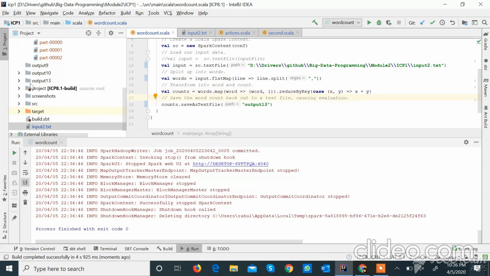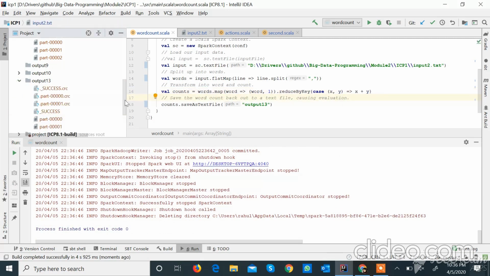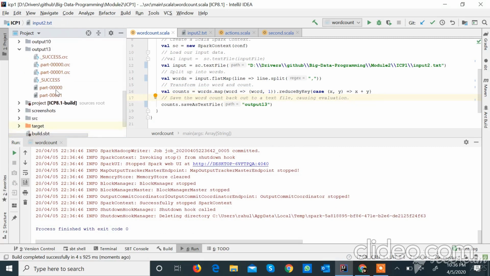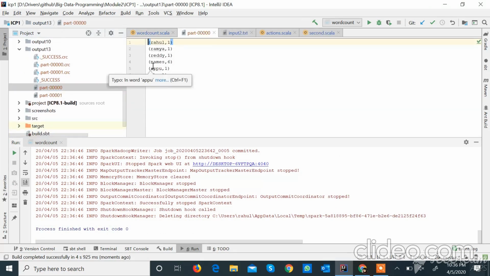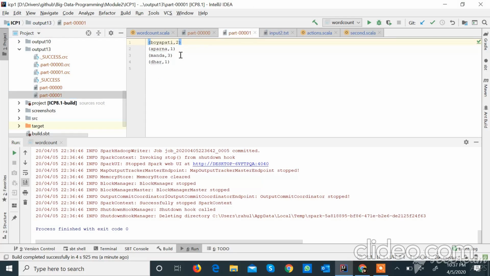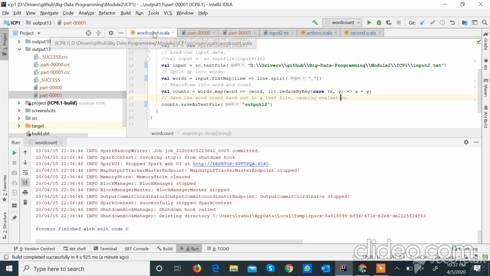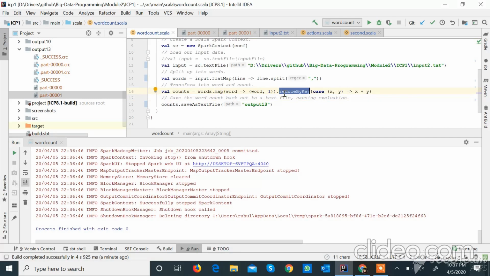Okay, we can see the output now. We can see that for each name we have got the count for each word. This is about the word count where we had implemented the 2 transformations. And moving on to the next program,